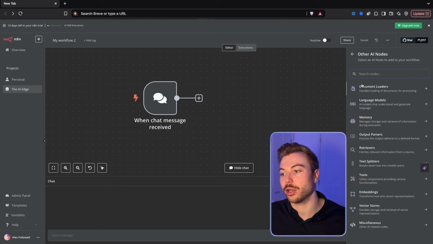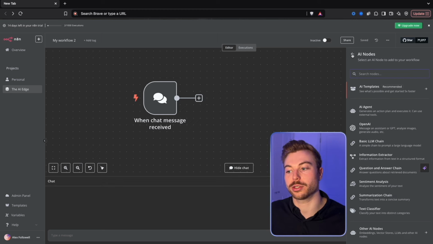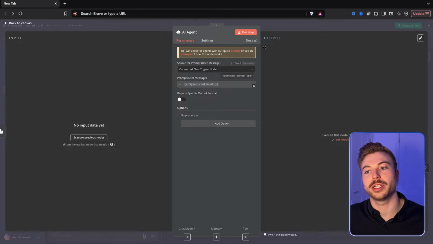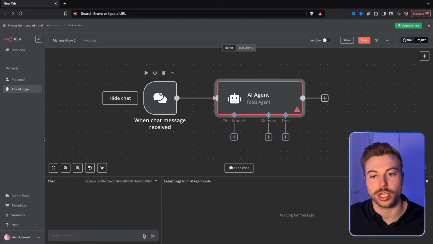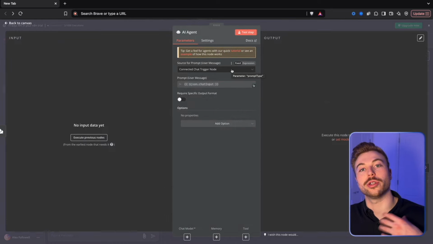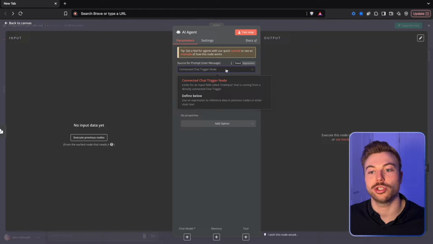We've got some other AI nodes, but again, they're not as key to start off with. These are the ones that you're going to be using the most. If we click on AI agent, what we're going to have is connected to chat trigger node. What this basically means is because we've tied it into our chat here, it's going to be using that information straight away. If you've got a different way of the information coming into the agent, you need to click on